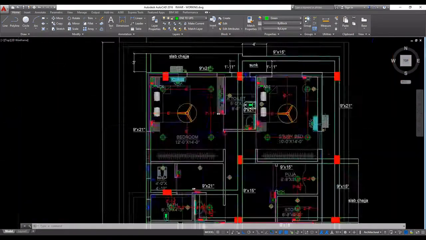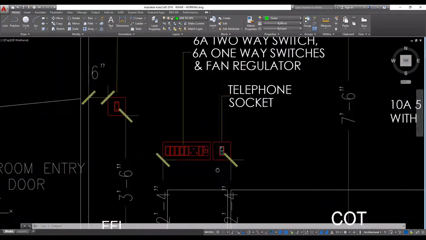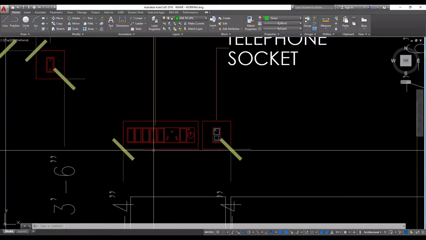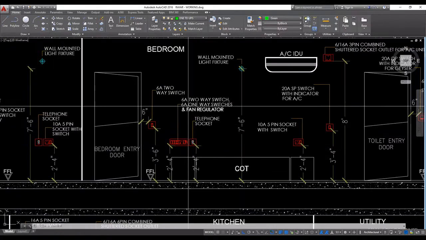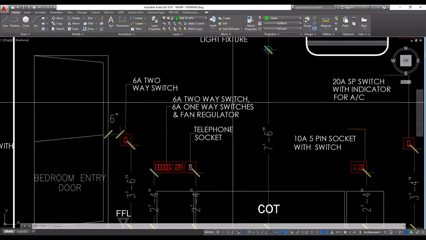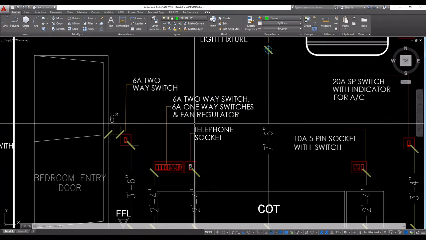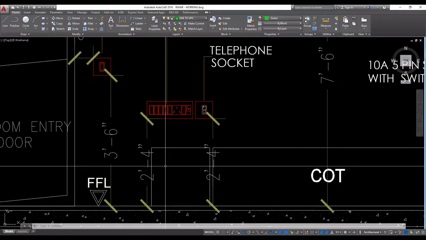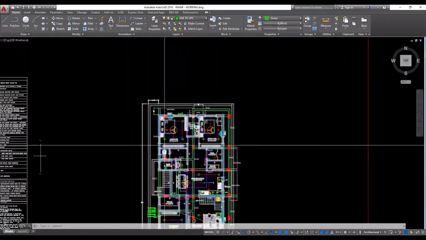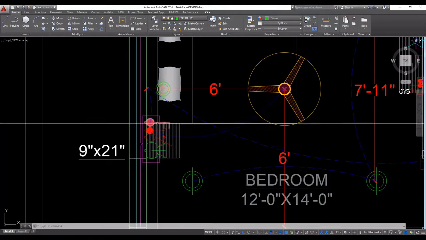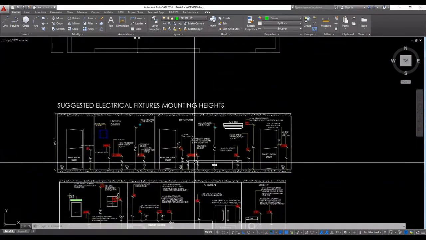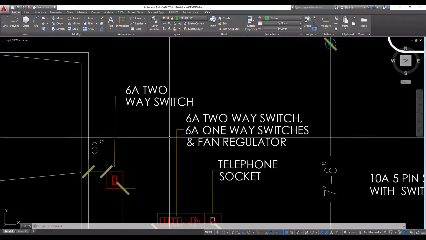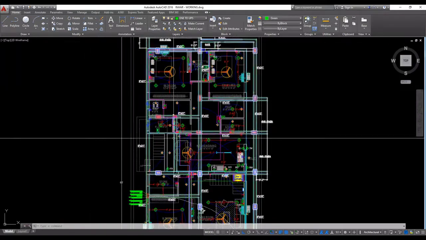This is the 9 model switchboard: 6 ampere two-way switch and 6 ampere one-way switch for the fan regulator. This is the one model for the telephone socket. This is the height from floor level 2 feet 4 inch. This switch controls this light.